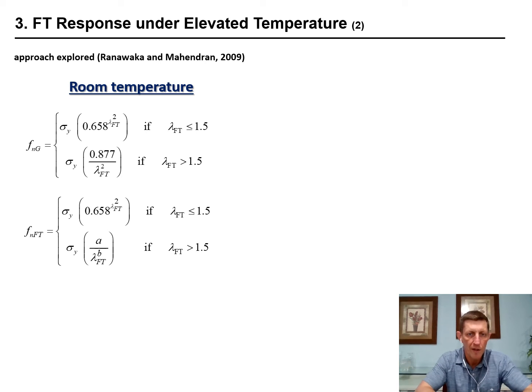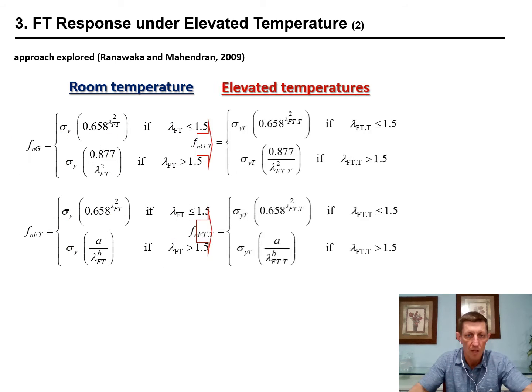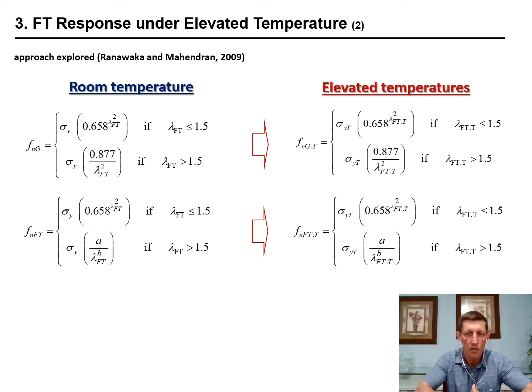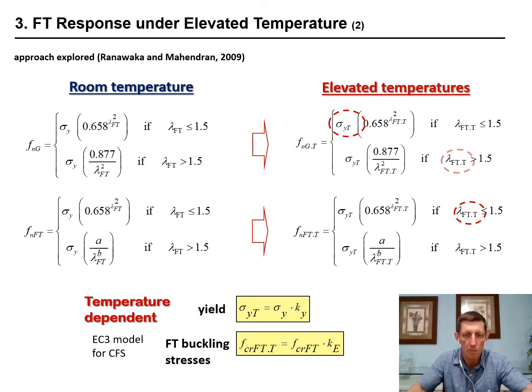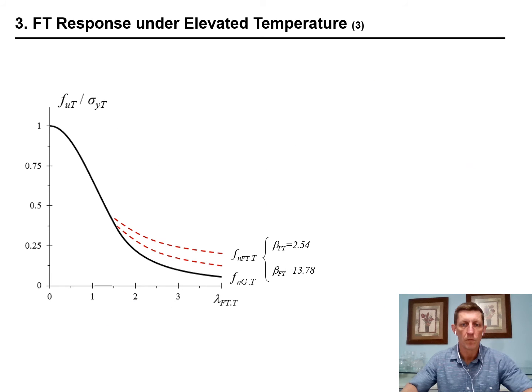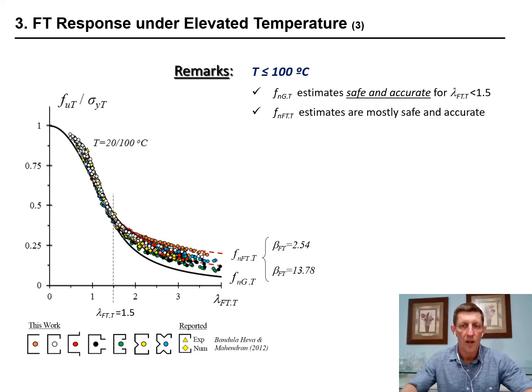Following an approach already explored by other researchers, including ourselves, the original room temperature curves are then modified in order to account for the influence of the elevated temperature. This is done by including the reduction factors for the yield strength and also the Young modulus. These are the modified curves for elevated temperatures, and now adding the ultimate strength loads for temperatures up to 100